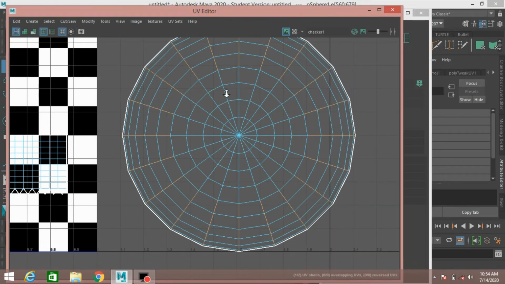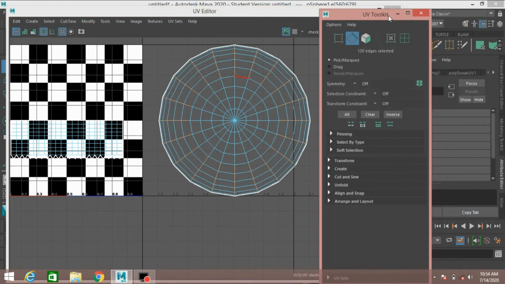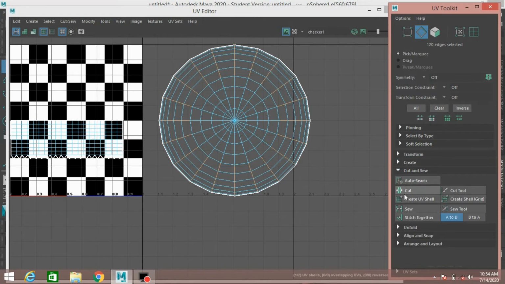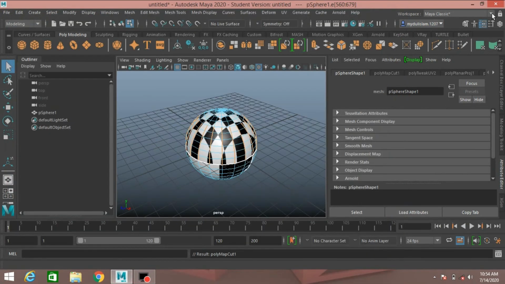See, select this. Now go to cut and sew. Click cut and see.